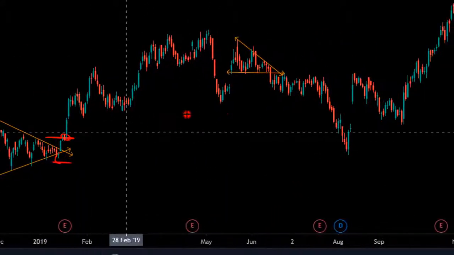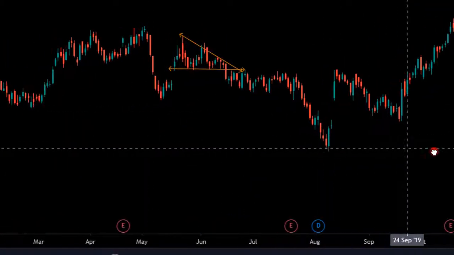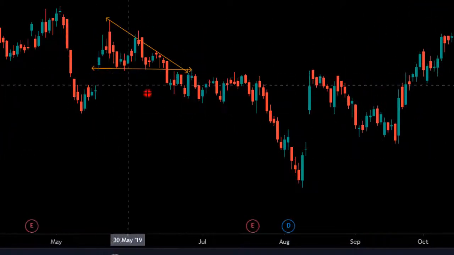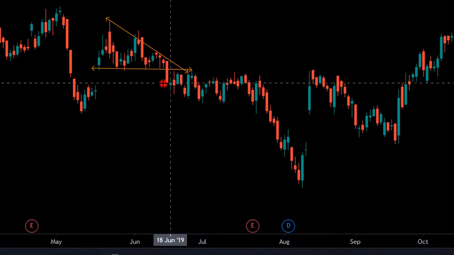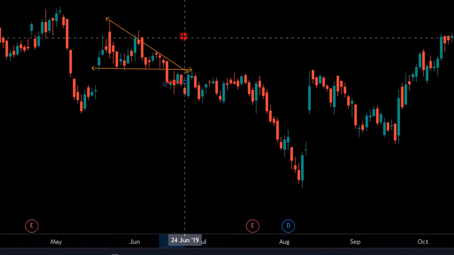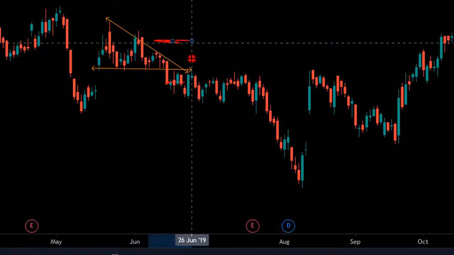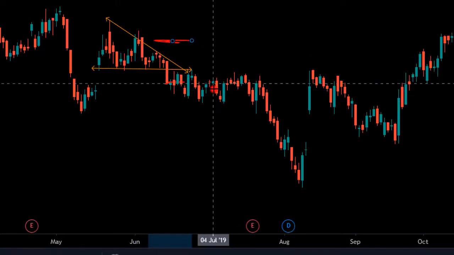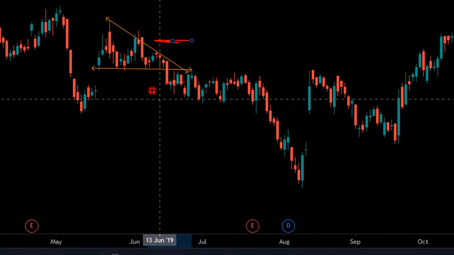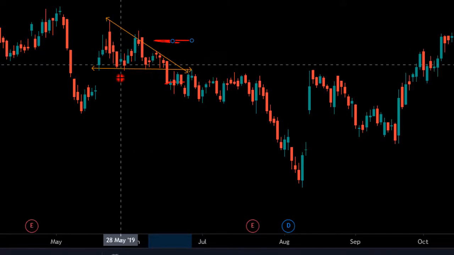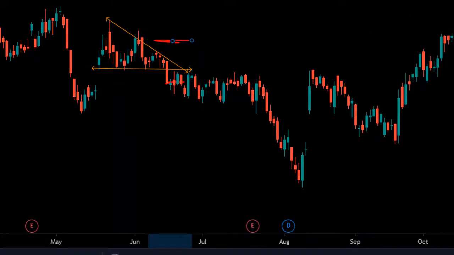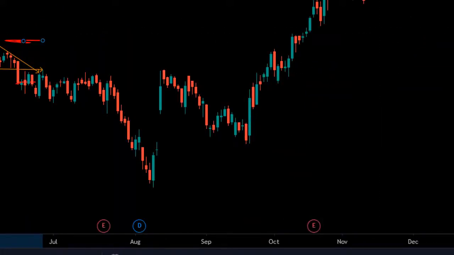And next, when you come here, a descending triangle again, let me zoom in a little bit. So here is the descending triangle example, and according to our strategy, we could have entered the trade at this level, and after we enter, we could have placed the stop loss here. After that you can see the price was massively falling, and easily we could have made the profit of the distance between this support and resistance. And this is how you can trade using triangles in the real market. And we have another example, let me walk you through that as well.